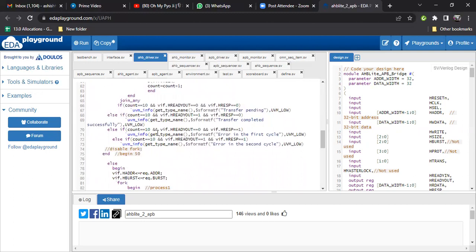properly or not. Here he has used some logic: if the count is 10, HREADY is 0, and HRESP is 0, in that case the data is still pending. Data will only get completed when the count is 10, HREADY out is high, and HRESP should be 0. If HRESP goes high, it means it's not ready to receive the data. Like it's in the cycle only,